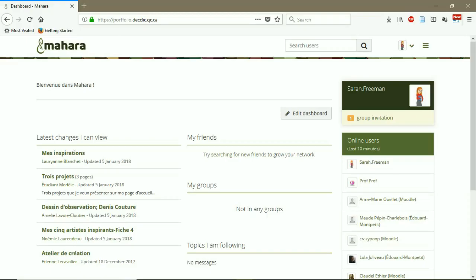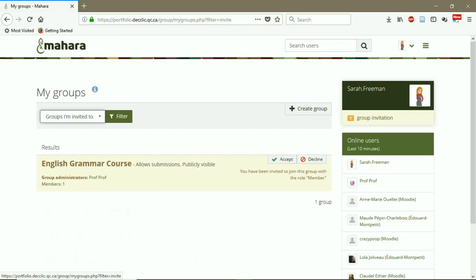I logged in with Sarah Freeman's account to Mahara. As you see, she received a group invitation here. This is the dashboard page. If we click on group invitation, we see the invitation. English grammar course allows submissions, publicly visible, and it has only one member now, and the group administrator is Prof. So accept,